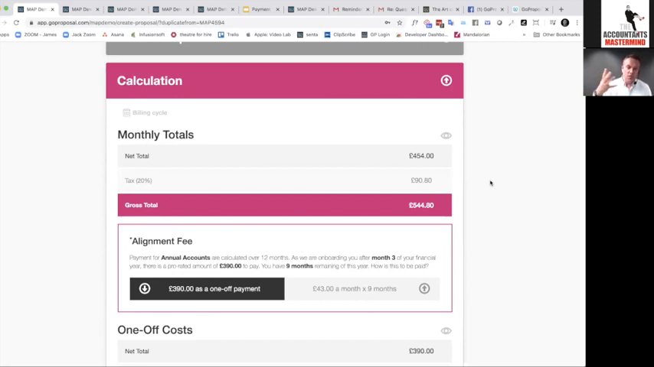For me, it's key. If you're an accountant, you're helping your clients to establish profitable, successful businesses, you've got to demonstrate that yourself as well. So you can't leave money on the table. So for example, one of the things that we have in here is an alignment fee. So what an alignment fee is for is any services that you charge for annually, that you charge for over